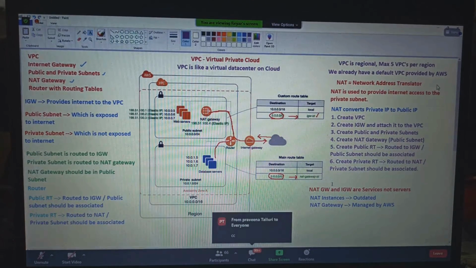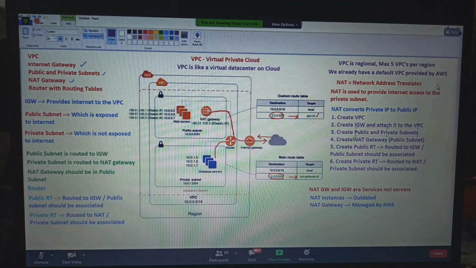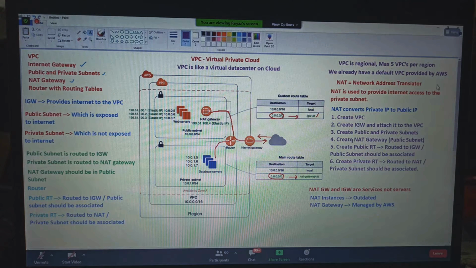Clear, guys? These 6 steps you should follow. You should not miss the steps here, right? First one is creating a VPC. Second one is creating an internet gateway and attach it to the VPC. Third one is public and private subnets. Fourth one is NAT gateway, which should be in public subnet, and fifth one should be creating a public routing table and private